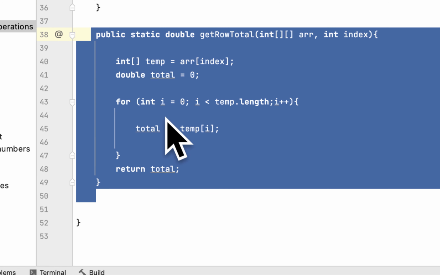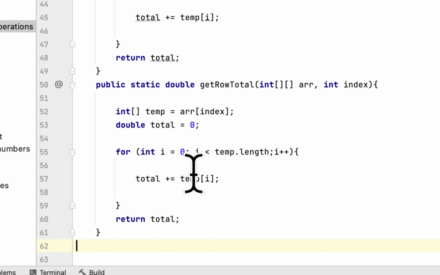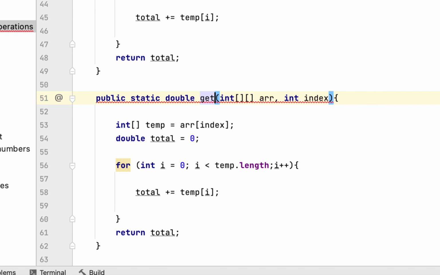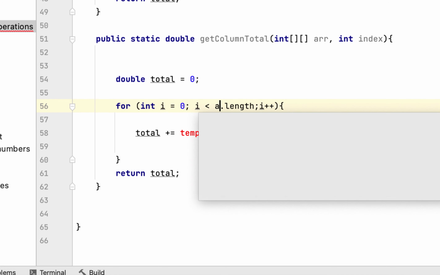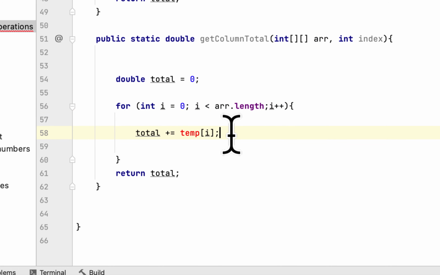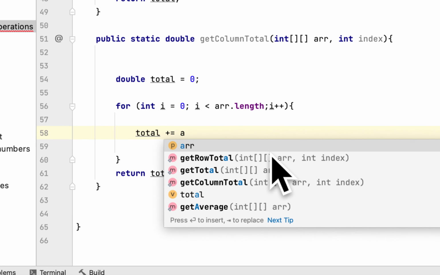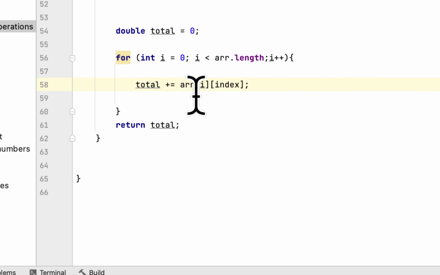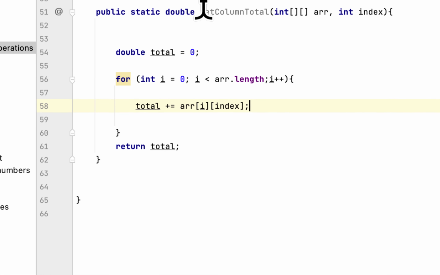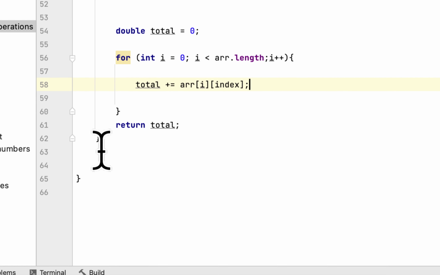So we'll just copy this. This one we have to calculate the column total. So we don't need this, and we will say array, and we just say array[i][index], and after that we say